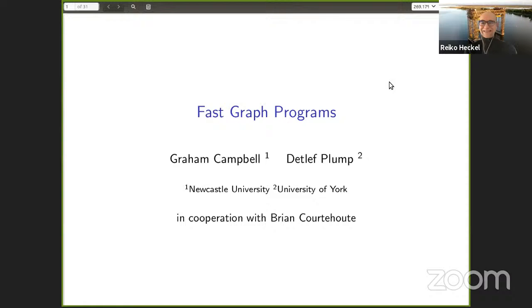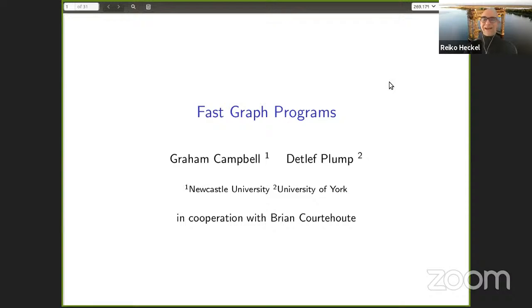Today we have a double act again. One more experienced speaker and I assume his PhD student. They will introduce and clarify their roles themselves. I get slightly confused because they're both from different universities at the moment, but I think Graham did a placement or something like that at York earlier. Anyway, so Detlef